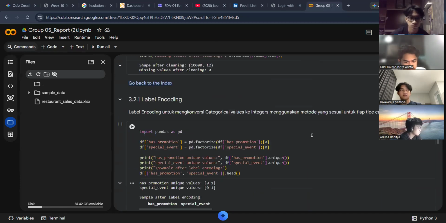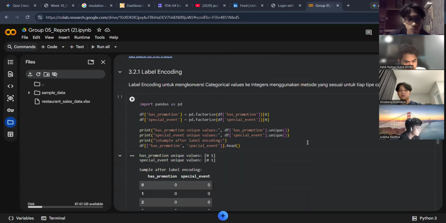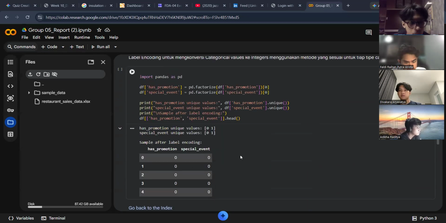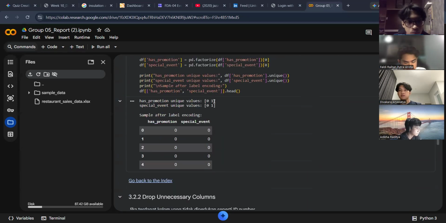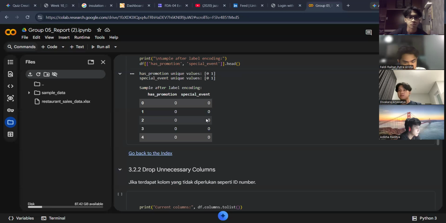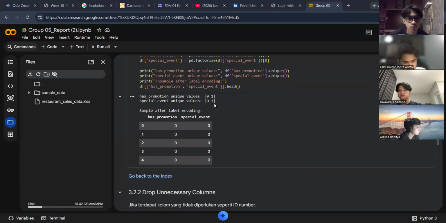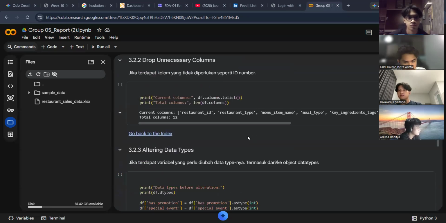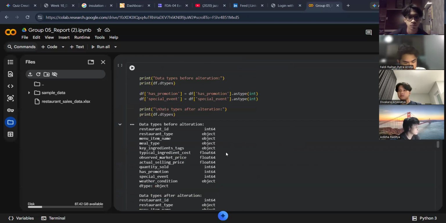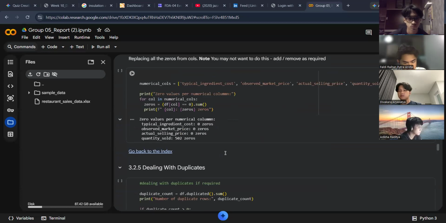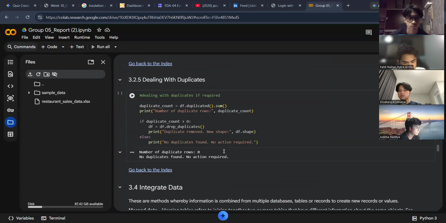The Boolean columns, has promotion and special event, were converted to integer values 0 and 1 using pd.factorize, and their data types were confirmed as integer. Third, handling zeros and duplicates. No zero values were found in the numerical columns, and no duplicate rows were detected, so no further action was